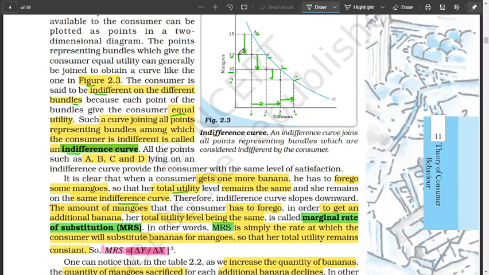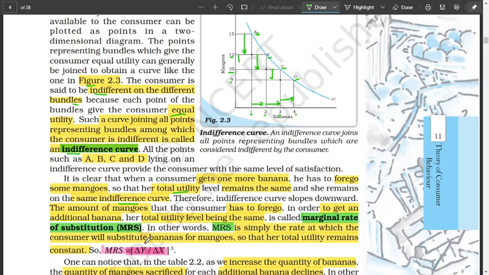So the 3 mangoes that you sacrifice for one banana, to get an additional banana, even though satisfaction remains the same, that is called the marginal rate of substitution. You substitute 3 mangoes for one banana. 2 mangoes again from B to C for one more banana. One more mango you forgo, you sacrifice to get one more banana. So marginal rate of substitution is simply the rate at which the consumer will substitute bananas for mangoes so that